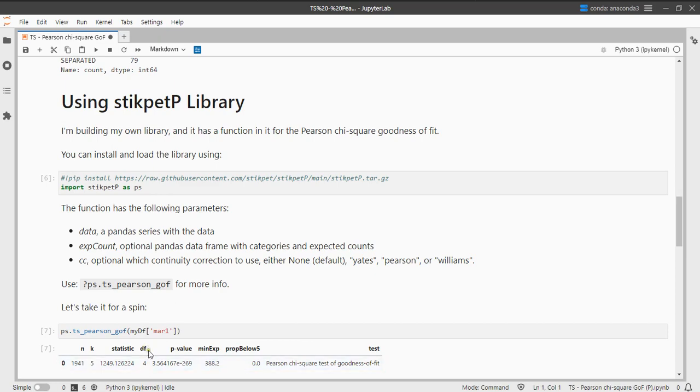value, the degrees of freedom, the p-value, also known as the significance, that also shows the minimum expected count. I didn't provide it with expected count, so it simply takes the sample size and divides it by the number of categories and uses that for the expected counts. And since it's then the same for all categories, the minimum is also that. The proportion of cells with an expected count below 5 was 0%, and a small description of the test that